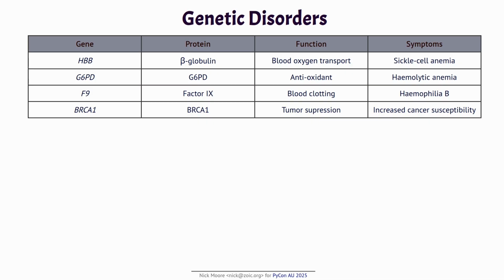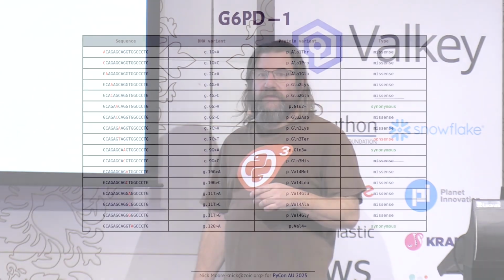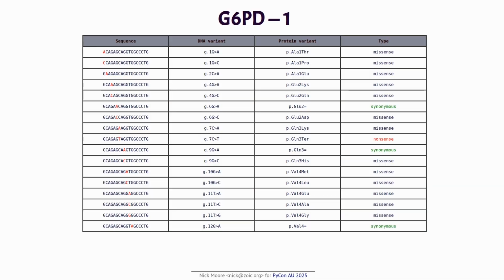It makes a protein called G6PD, very imaginative, thank you biologists, which is an antioxidant. If it's faulty, you might get a thing called hemolytic anemia, which is where your red blood cells explode. Extremely metal, quite painful, I imagine. Not a very pleasant thing to have. You probably don't know if you have it unless you eat the wrong thing and wake up in hospital, I imagine. What we want to do is find out about those variants